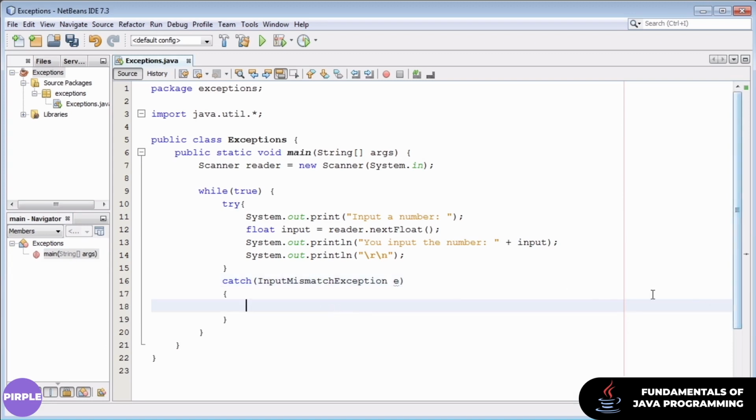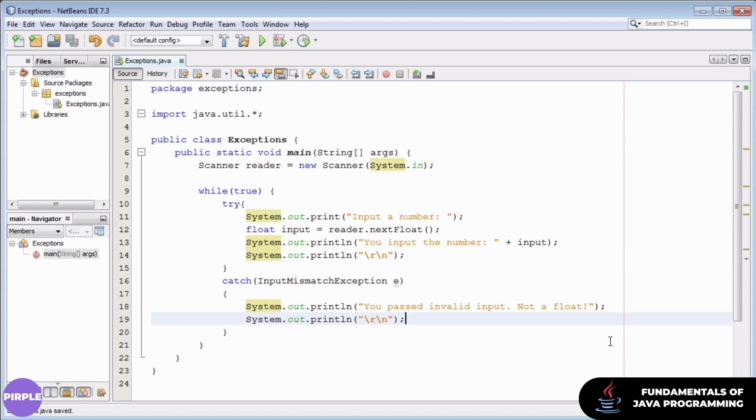Because we're going to be printing out a message when this exception occurs that specifically tells the user, you passed invalid input, we certainly don't want to be catching any exceptions that are not input mismatch exceptions. So now, let's put in the new line to this code block too. And now if we run our program with our try catch block in place,